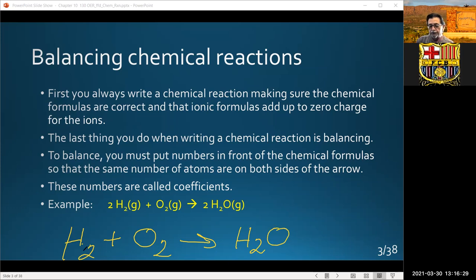Okay. So once we write that down, now we come and balance it. The reaction given to you on the PowerPoint is already balanced, but let's go through the step of balancing this. We can see we have two hydrogens as reactants and two hydrogens as products. Oxygens, we have two as reactants, but only one as product, one in the form of